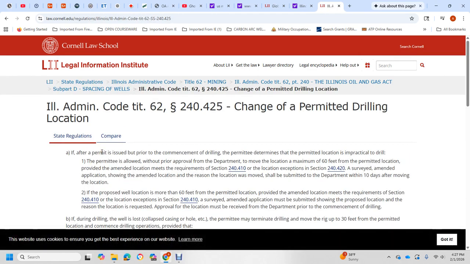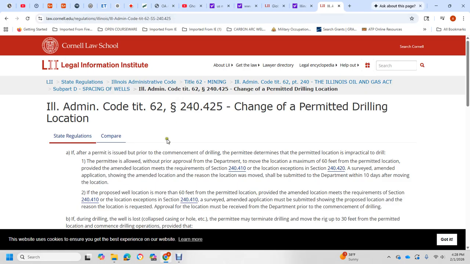Changing of the permitted drilling location. A permittee, prior to commencement of the permitted drill, may move the permitted location without approval of the department to a new location within 60 feet of the permitted location, provided the amended location meets the requirements of subsection 244.10, with the location exemption under 244.20, a surveyed amendment, with the application showing the amended location and the reason